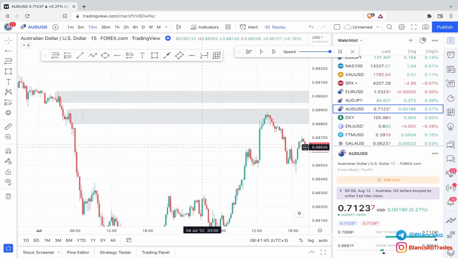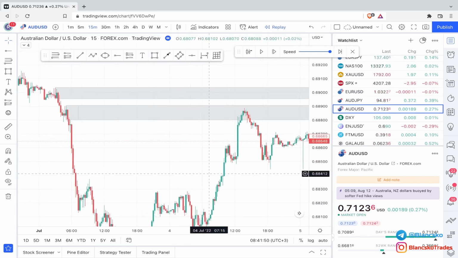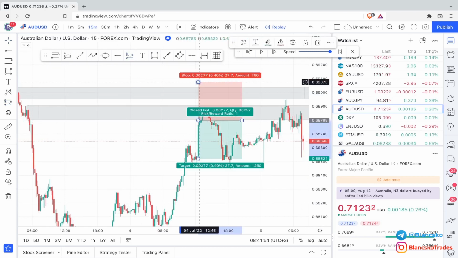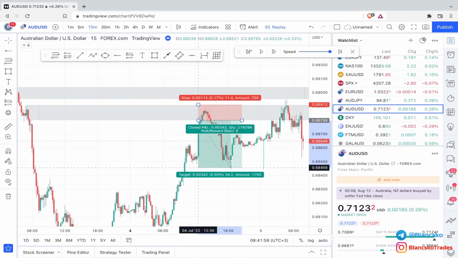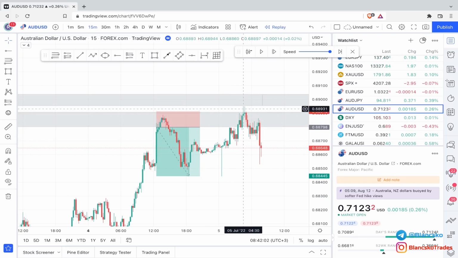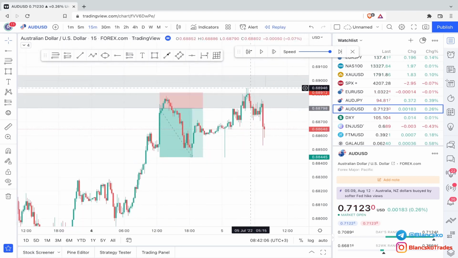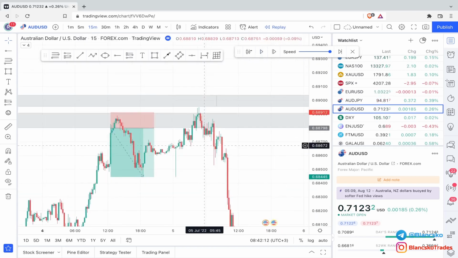And let's see how price reacted. As you can see, it reacted to the first one, and we could have caught a nice 3R with this order block. And then it reacted to the second one, which is right here. And as you can see, then price started to move downwards. Okay, so after this doji candle,